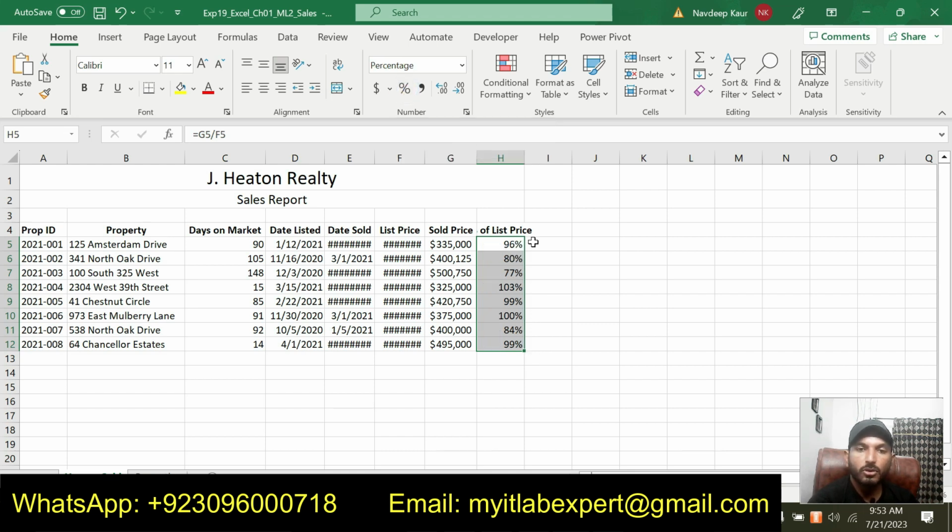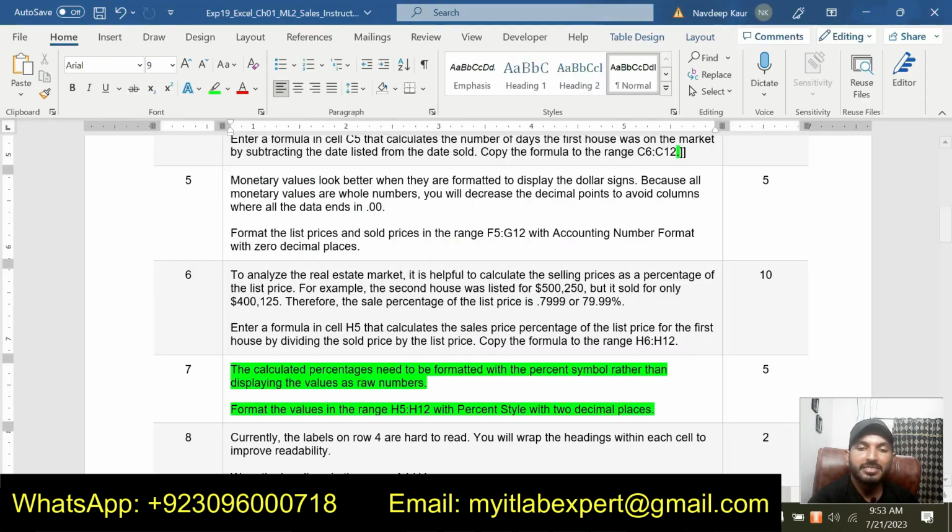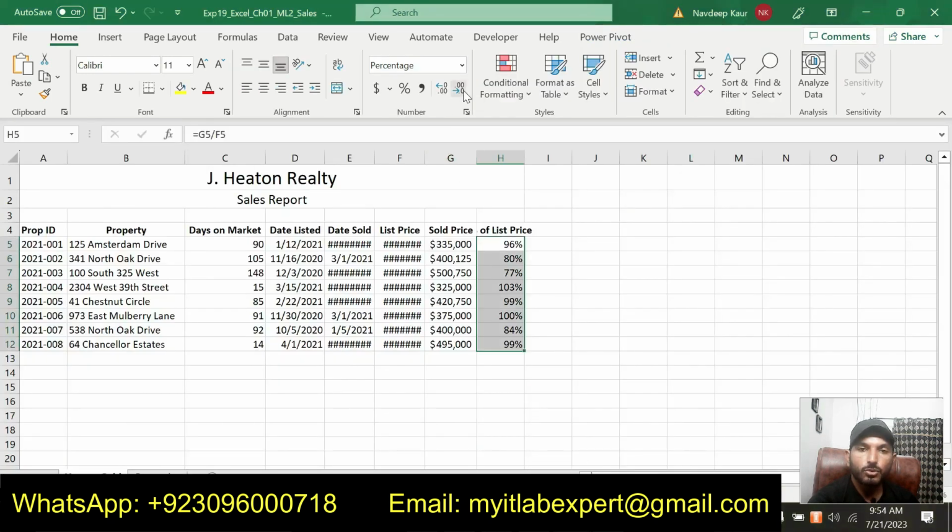We will simply click on this one and you can see that these percentages are in percent style now, but it is saying that the decimal places for this percent style should be 2. So I will simply increase the decimal places. So you can see that we have the percentages in the percent style with 2 decimal places.